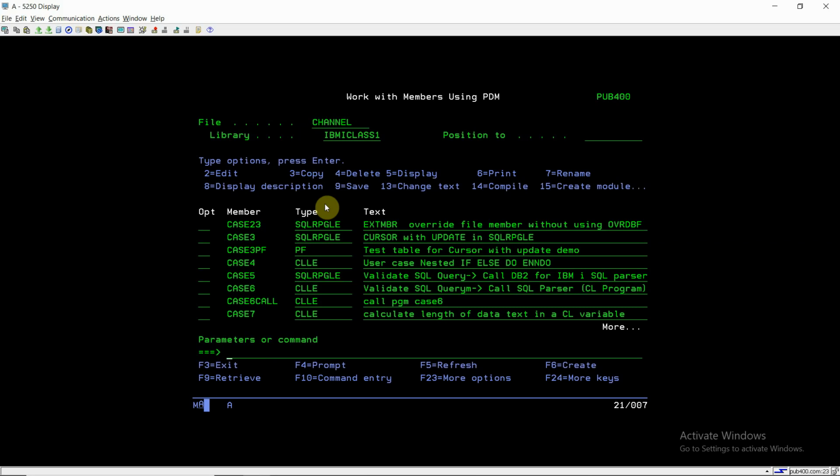So it depends upon you how you choose. You just need to do the looping. Either you can do it with the compile time array or any other array, or your own logic. You just need to do the looping and you need to use user open with those file members, right? Because a program always opens the files during the initialization time. You don't need to open that file during the initialization, right? Because you need to read multiple members in your program.